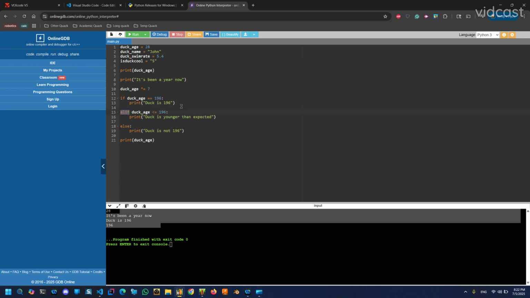And the next line is elif. So elif is saying if the first one is not true, then check this condition. And if this condition is true, then do this. And then finally, you can chain this elif thing into more options. So now you could say if the duck age is greater than 196, then the duck is older than expected. And otherwise, if the duck is not 196 and it's not younger and it's not older, then you can print the duck is not